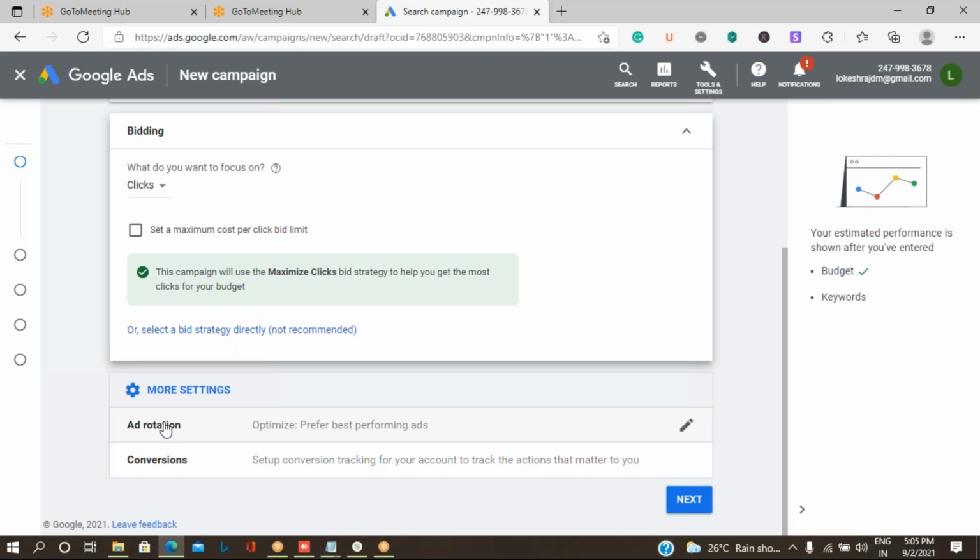By default it has been selected as prefer the best performing ads, so let it be the same. Then conversions: you can track how many conversions have happened through this ad. Even that is by default linked to your Google Ads reporting account, so let it be the same. Click on the next option.